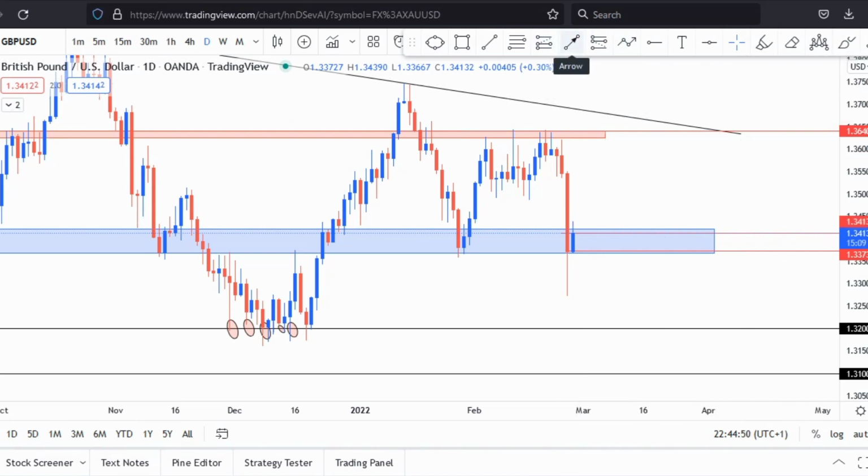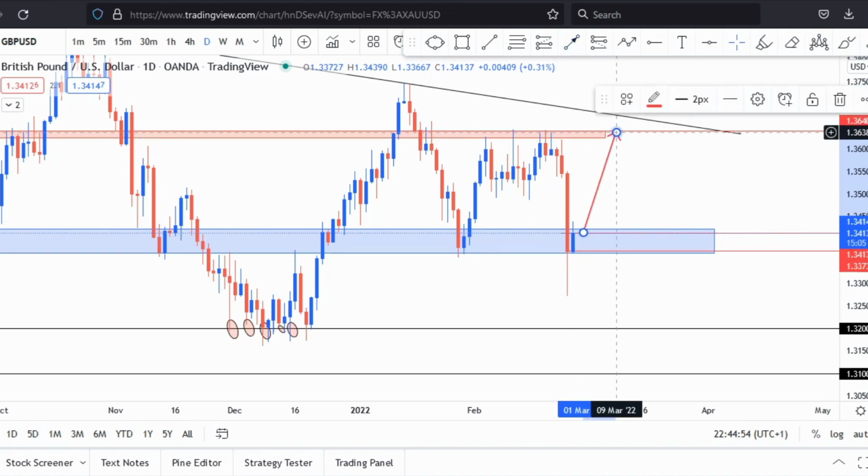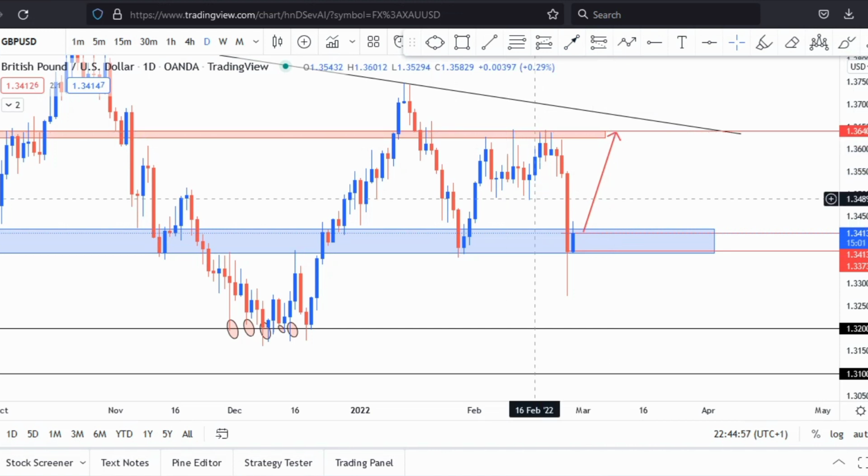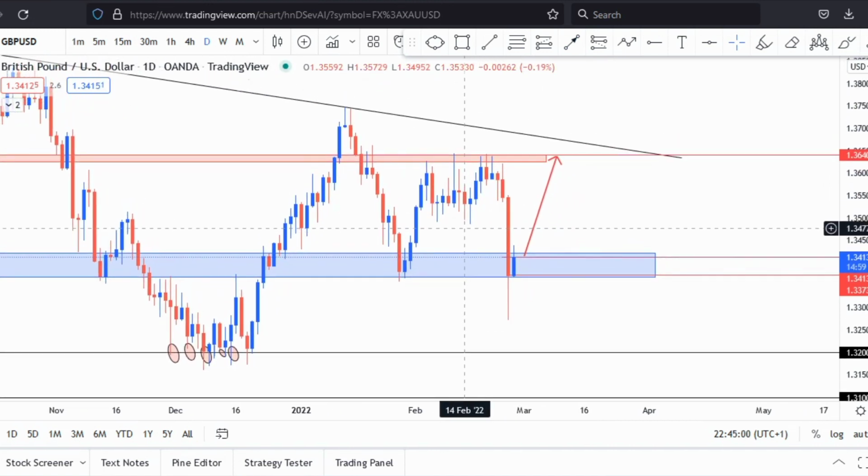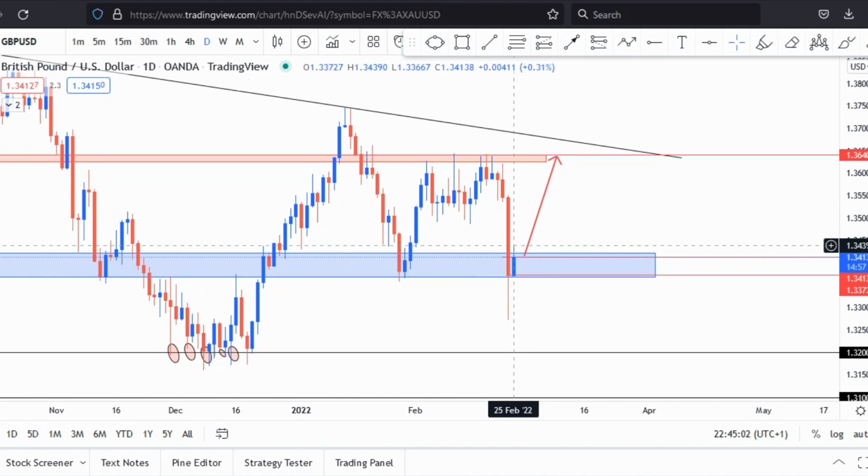So that is this lovely move to the upside here. If you're already in this move, if you're in a sell, I would say manage your trade very well or end up taking profit, because I expect price to continue to the top. And if you're in a buy already, then good for you. And then let's expect price to move up to the